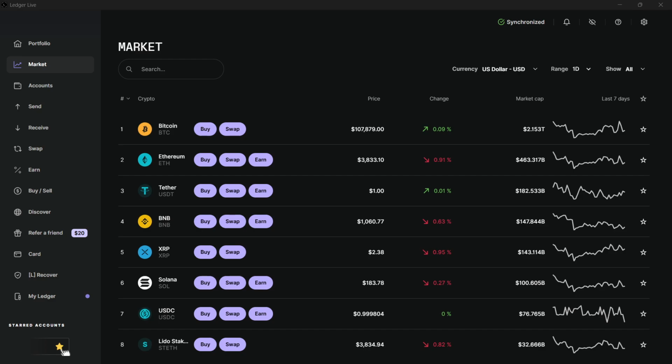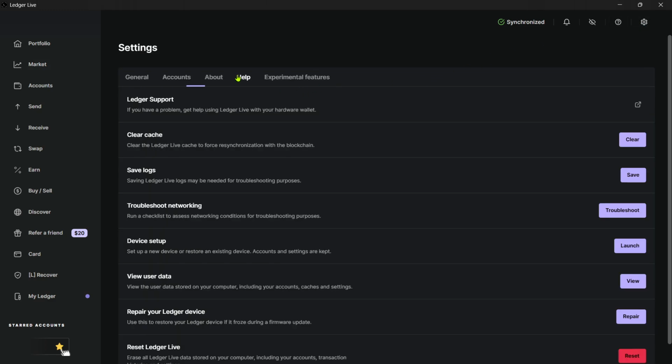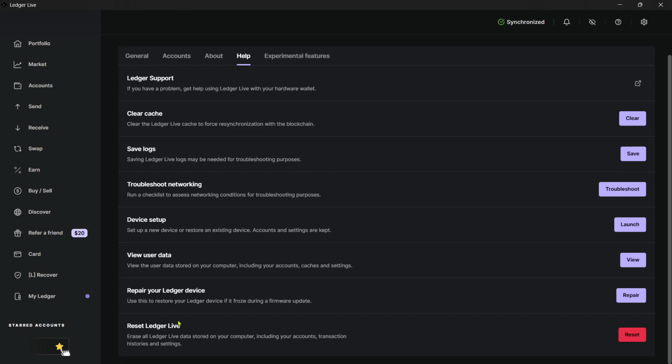So to reset the Ledger Live password, the only thing you can do over here is inside Ledger Live, click on the settings cogwheel top right, and then here go to the help section, scroll down to the very bottom, and here it says reset Ledger Live, which will erase all Ledger Live data stored on your computer, including your accounts, transactions, histories, and settings. Just click on the reset over here, and then whenever you actually reset your Ledger Live, you'll be able to